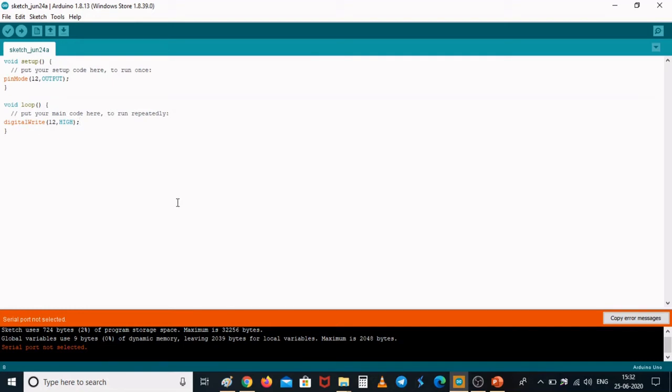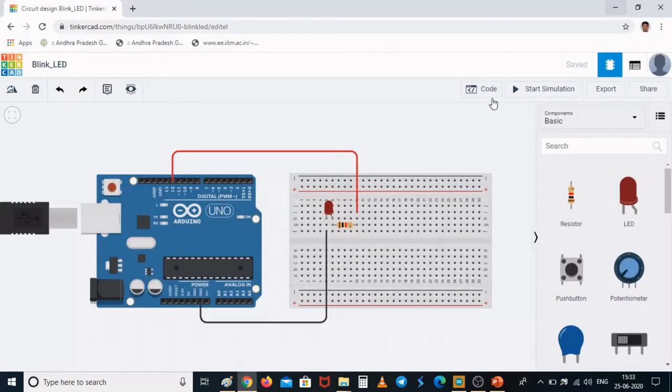This is where Tinkercad is normally used for executing our programs on the Arduino Uno board. Because Tinkercad is providing the Arduino Uno board, we will go back to Tinkercad, and there we will be using the code editor for pasting this particular code, because we have verified whether it is correct or not. Now I will copy this and paste it in this code editor. This is what is called the code editor in Tinkercad.